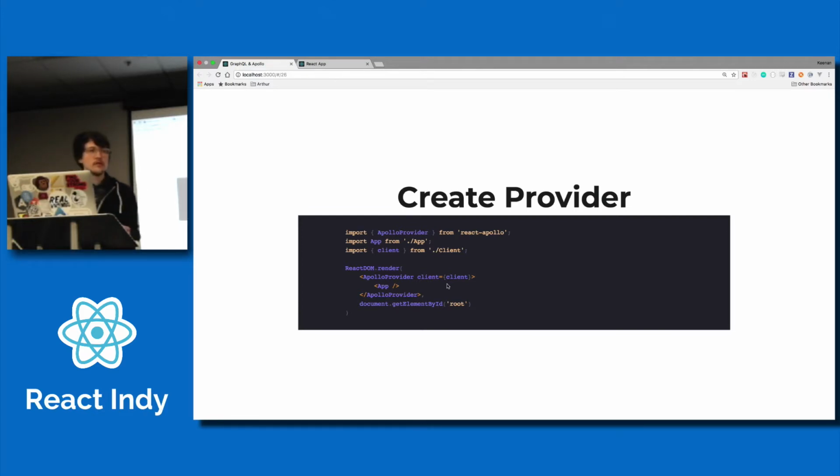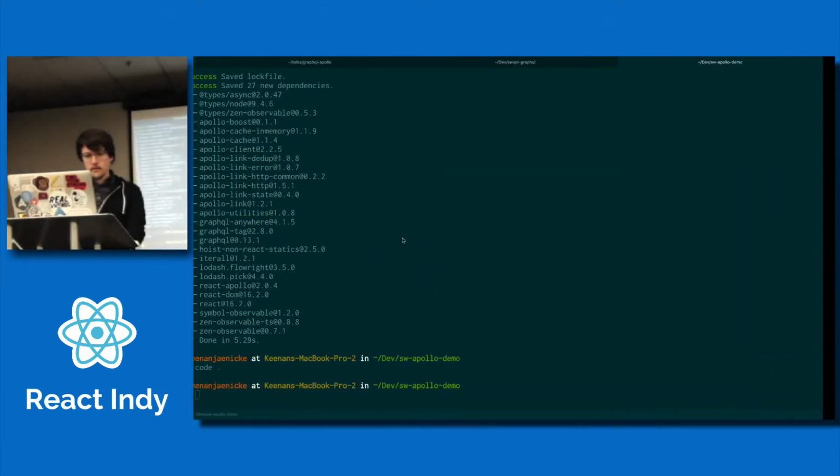But in this case, you're going to be using a client, and that expects an Apollo client to be passed into your provider. What this does is the client will do the data fetching, and when the data is returned, that'll then be passed into your React components so that you can use it when rendering those components. So we are going to grab that,